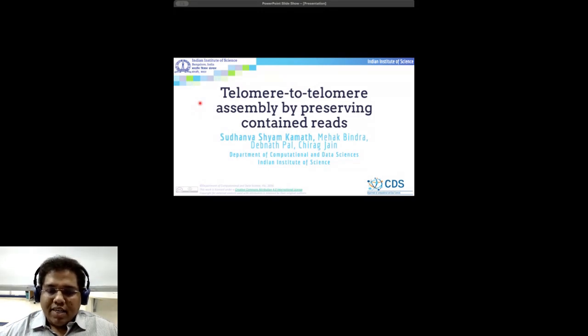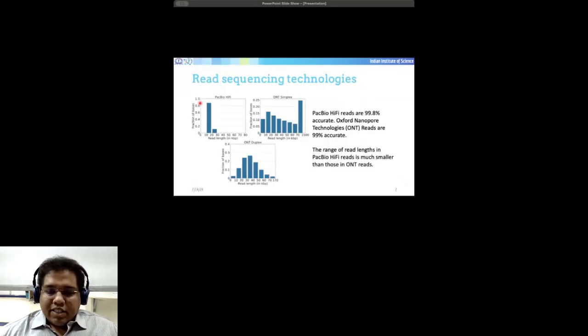Genome assembly involves identifying information contained in the suffix-prefix overlaps between pairs of reads to assemble the unknown chromosomal sequences in the sample's genome. In the era of long read sequencing, three types of sequencing data stand out for their read lengths and per base accuracy: Pacific Biosciences high fidelity reads, Oxford Nanopore Technologies simplex reads, and ONT duplex reads. Notably, PacBio HiFi reads have a high